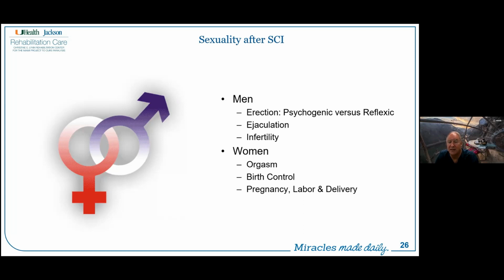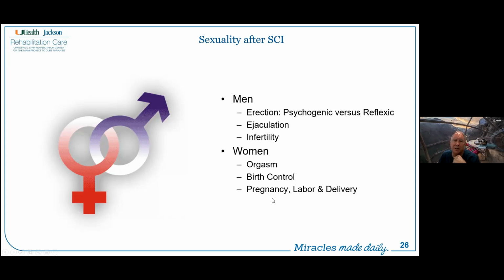Recognize that while men are oftentimes infertile, women typically will regain their menses within 3 to 6 months after spinal cord injury, and so they can conceive as easily, it seems, as if they didn't have a spinal cord injury. But then we have issues to contend with regarding their pregnancy, which is considered high risk labor and delivery, especially recognizing their increased risk for autonomic dysreflexia.